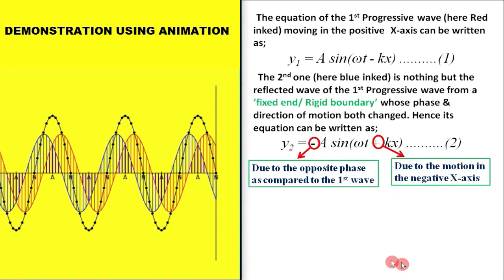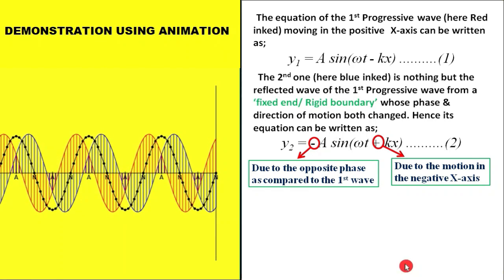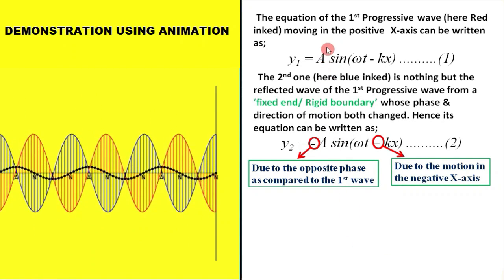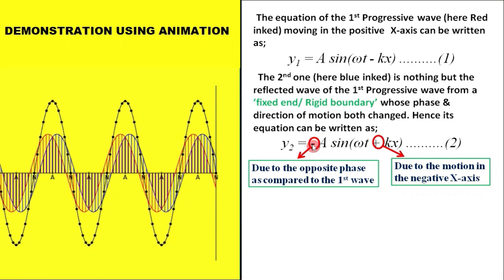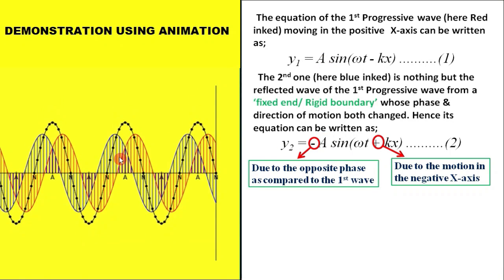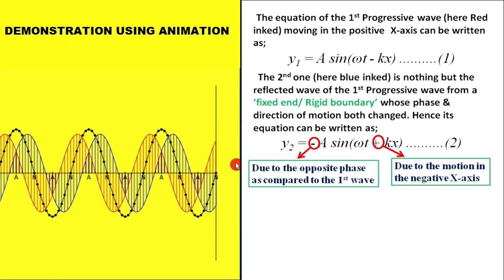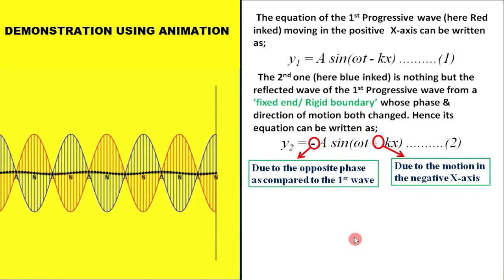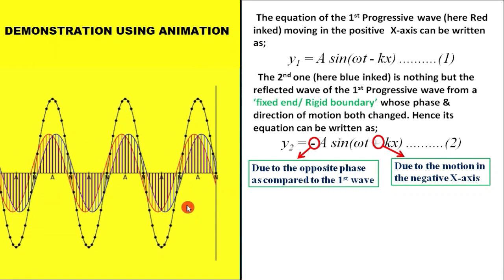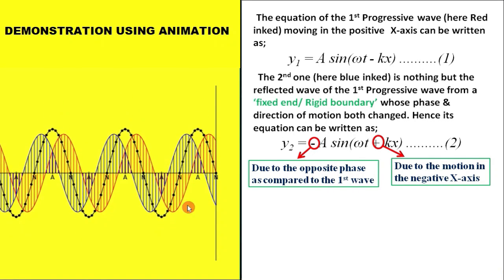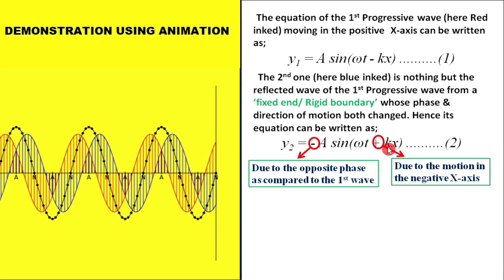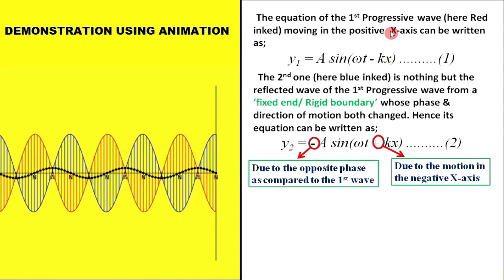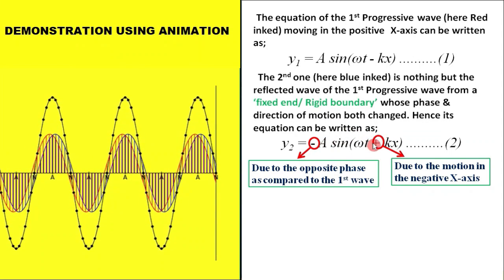Okay. See here, what are the conditions I have kept? You can see here, amplitude I have kept the same, here also a, here also a. You can see in both diagrams the amplitude is the same. Okay, and omega I kept the same, meaning the time period and frequency are also the same in both the black wave and the red wave, and also the k, or the propagation constant, is the same in both. What is only changing? The phase and the direction.